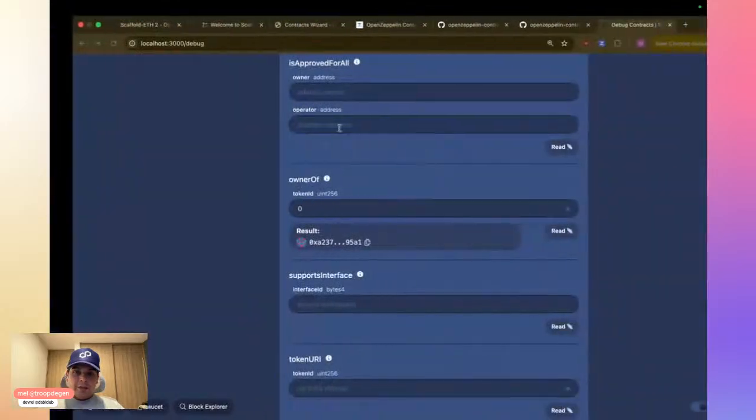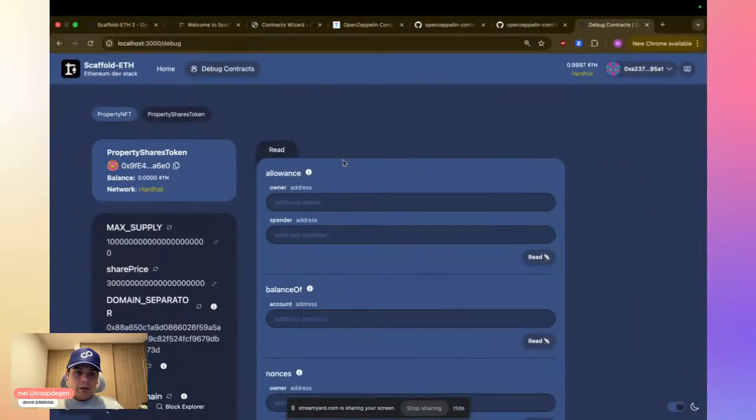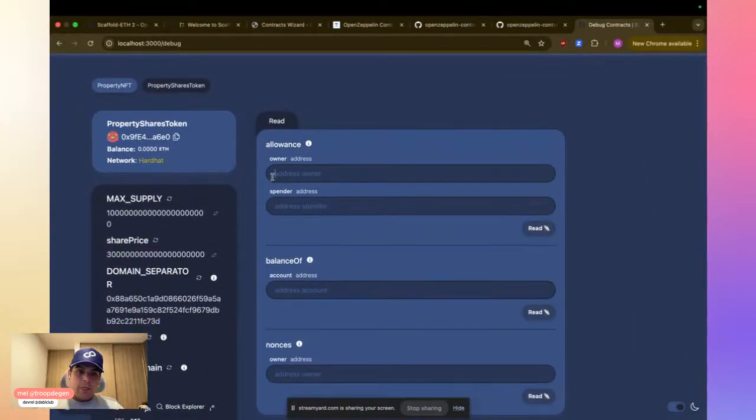Got it. So we have the ERC-721 and we want our property shares token. So here, ideally, we would need a better way to link the property NFT to the shares token. So you have kind of this way of locking the NFT properly.